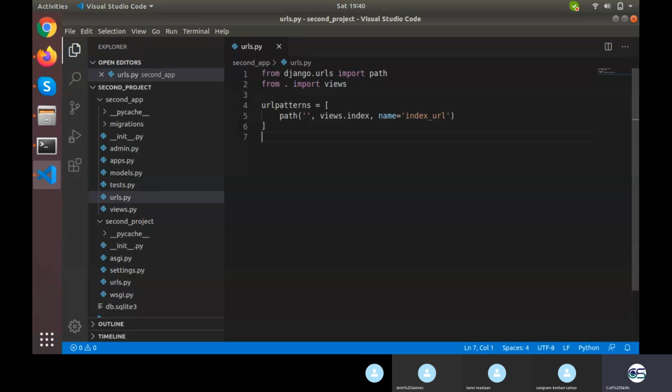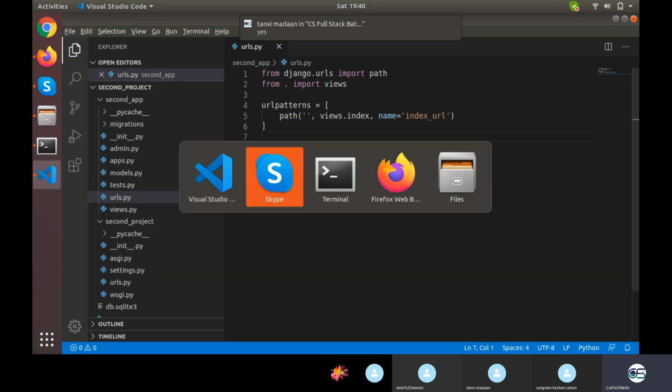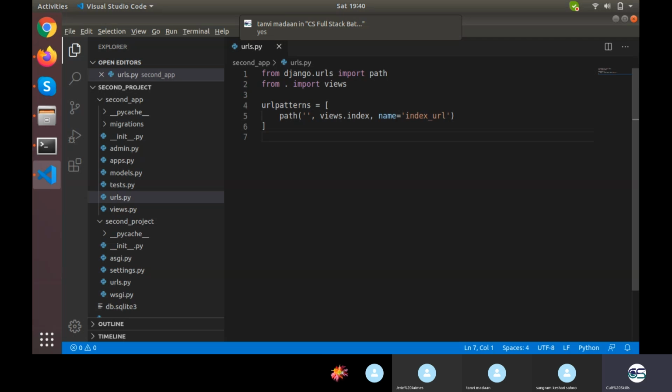Jaren, Shiv, Tanvi, is it done? Shiv, are you able to see the screen?